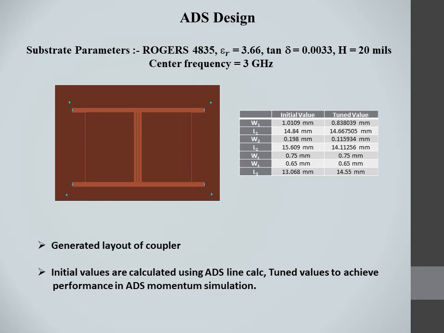The generated layout for the circuit is as shown. All the dimensions of impedances are given for reference. The dimensions can be simply calculated using ADS line calculator. With the initial values, we get good results when we do a schematic simulation, but for getting good results in EM model simulation, all the dimensions are tuned, except the 3 line because we do not want to disturb the Z3 value. The layout drawn is for the tuned values shown in the table and gives decent results around the center frequency.